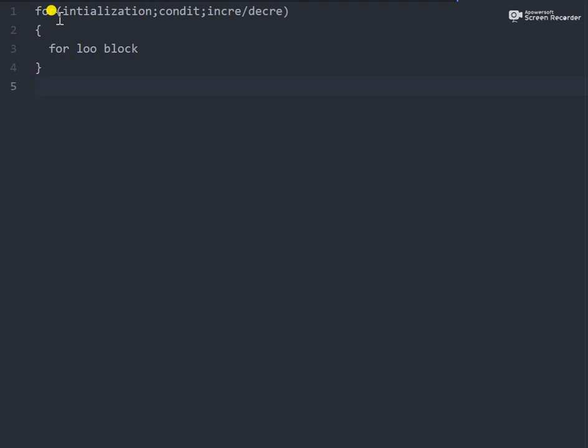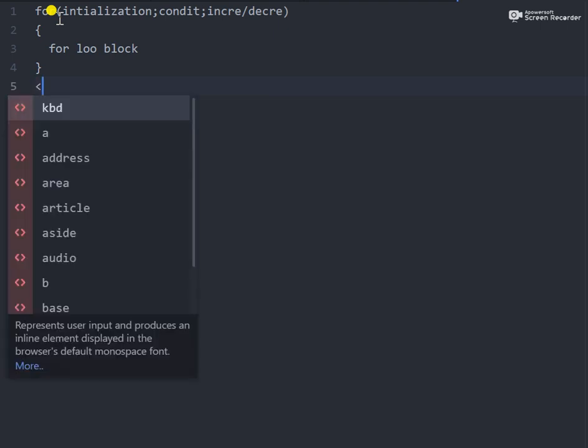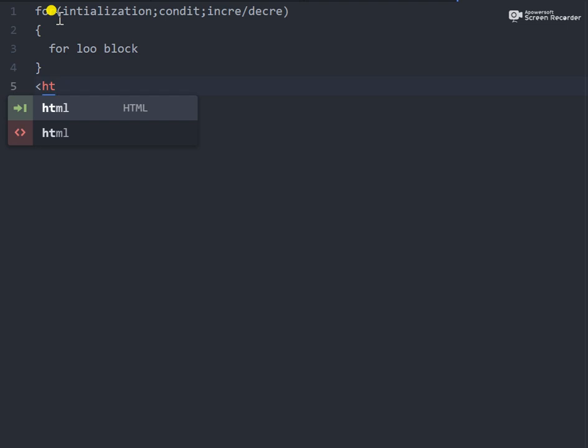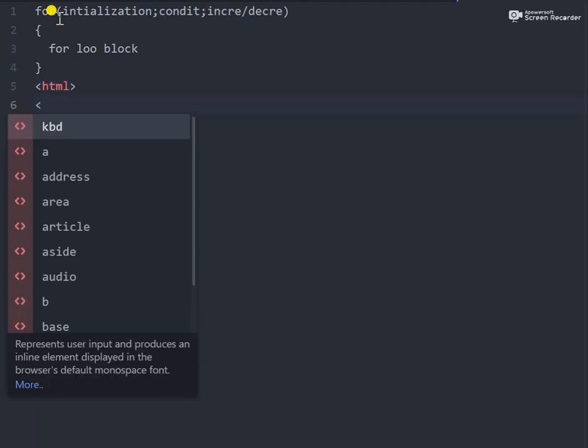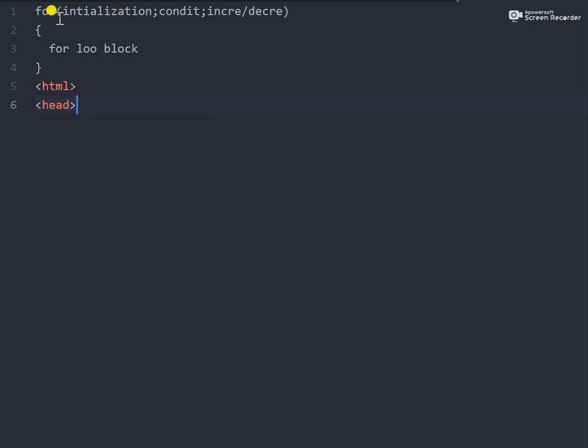चलिए, तो HTML स्टार्ट होता है, फिर हेड टैग यूज़ करेंगे। इसके अंदर हम टाइटल टैग यूज़ करते हैं टू डिस्प्ले द टाइटल ऑफ द पेज।